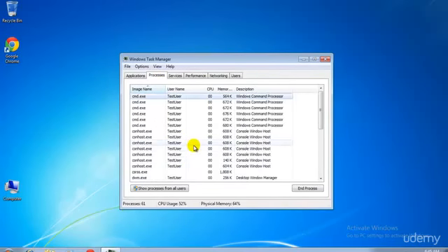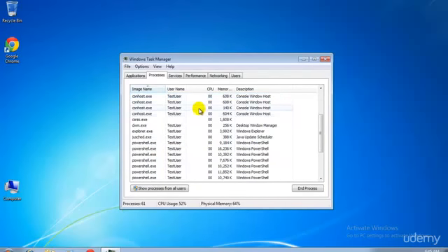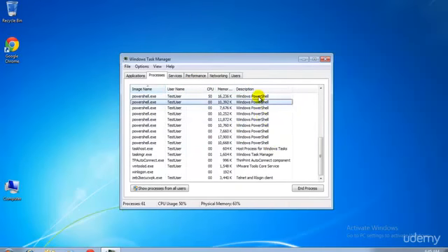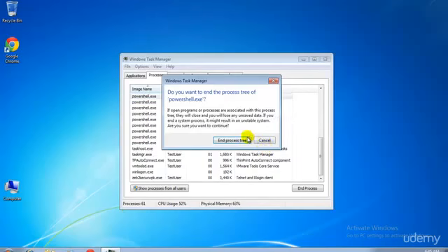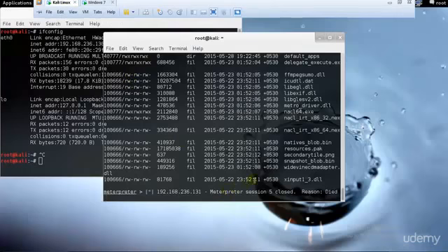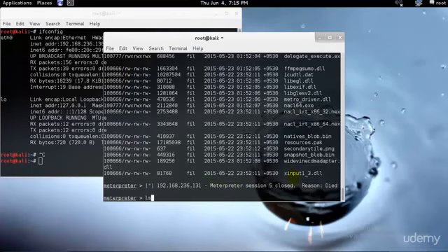But if the person, for some reason, goes ahead and opens his task manager, he will see that so many command lines and so many PowerShell windows are still running. So he will probably try to close everything over here. If he closes each and every one of them, okay, as you can see, my interpreter session has died. So I'll just go ahead and check